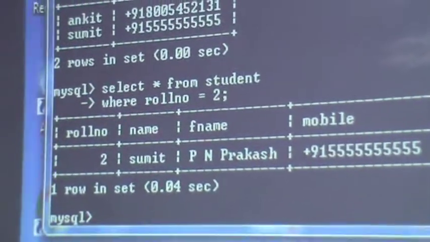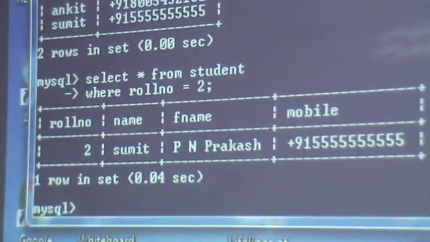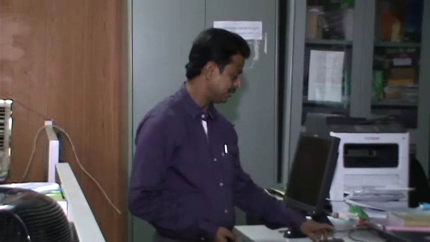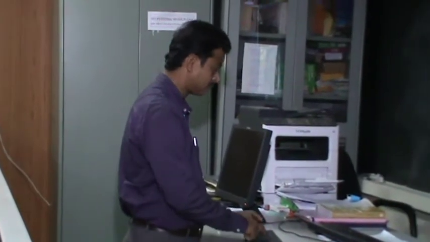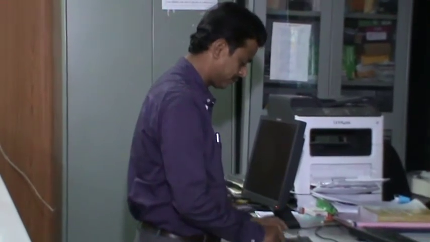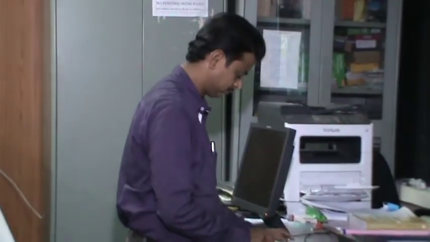By using the select command, you can sort the names also, by using the order by command. You want to display the names in sorted order as in your class register. So you will write select star from student order by, on which field you want to sort the values, name, father name or any other.